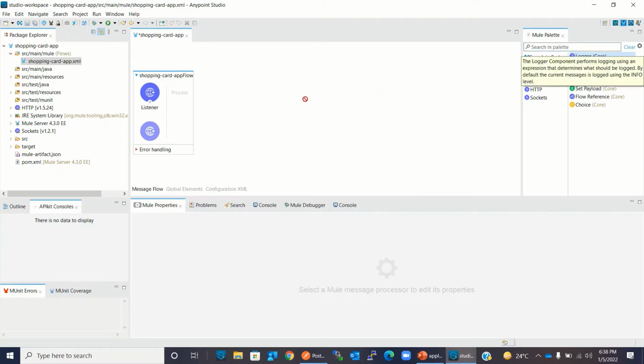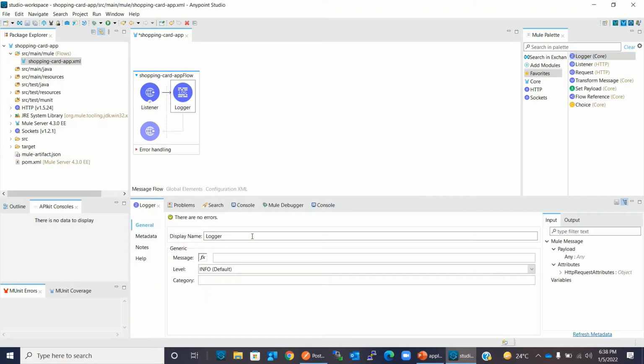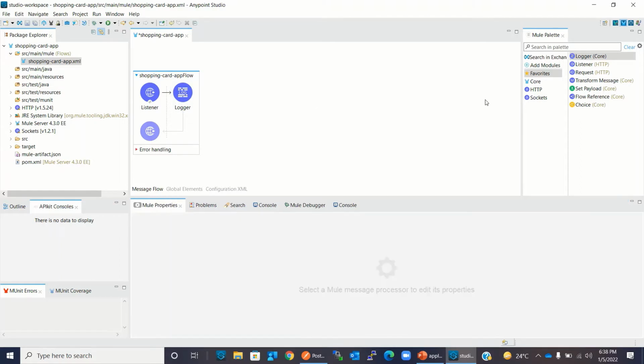I will add now a logger component, and I will log the message flow entered. Now I will define the credit limit using the set variable component.